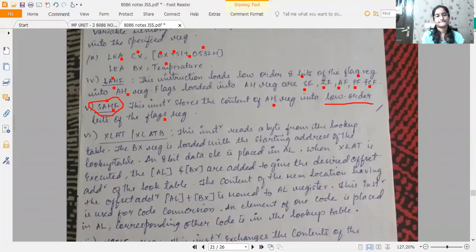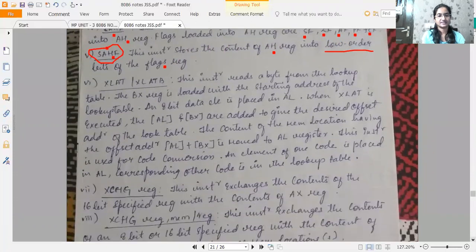Okay. Next you have XLAT, XLATB. So what does this mean? This instruction reads a byte from the lookup table. Actually, a lookup table is a table wherein you give a particular set of inputs and it produces the outputs according to the specification mentioned prior to giving the inputs.